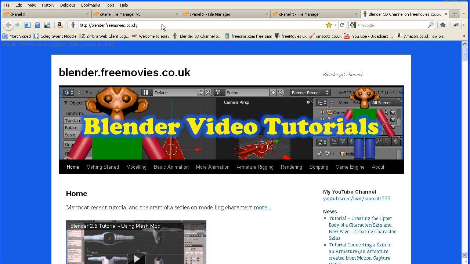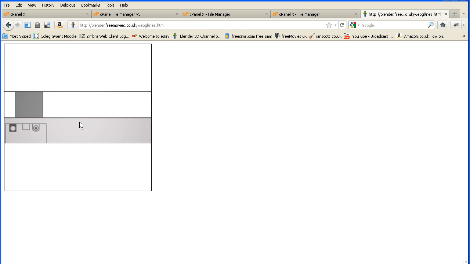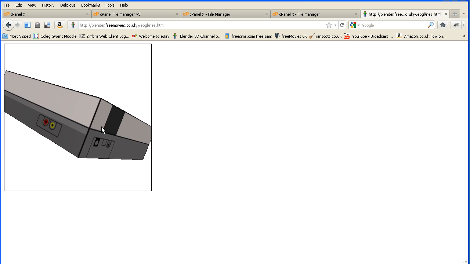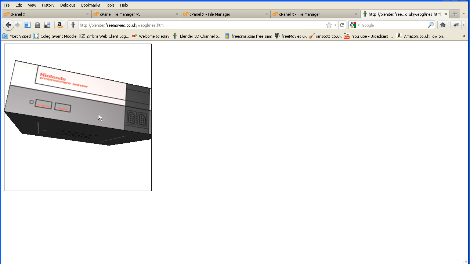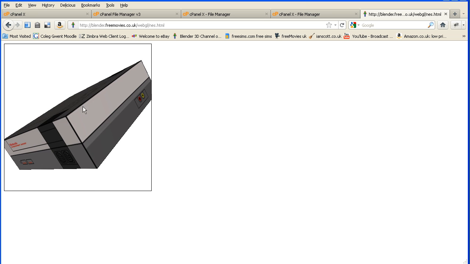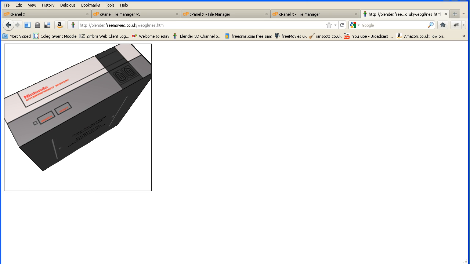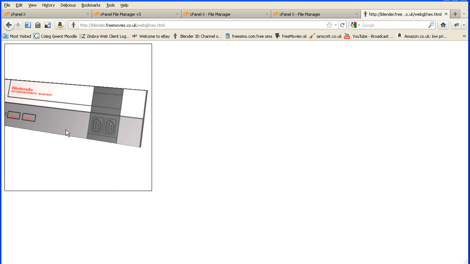And so finally we can see if it's all worked. If I type in the web address, which will take us to that file, the file with the inline tag, nes.html, press enter, and there we get our NES